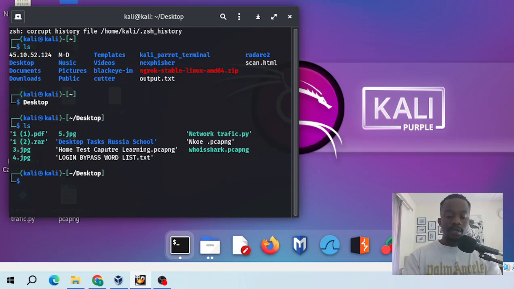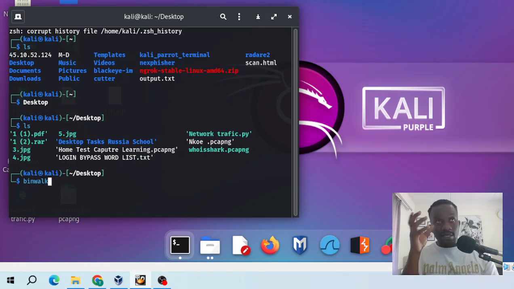So now I do this command, but you have to install this, but it goes like binwalk. So it's as if you're walking through the bin. Bin, in my own understanding, is like when they were programming these computers, when they go to the root, you'll normally hear them talk about bin. I think maybe it's short for binary. So you're walking through there now, and you say binwalk, and then you use that keyword -b, you say -b, and then you say the file,